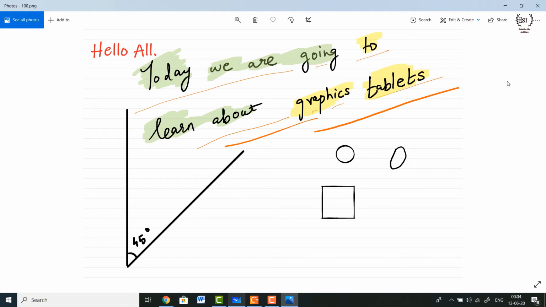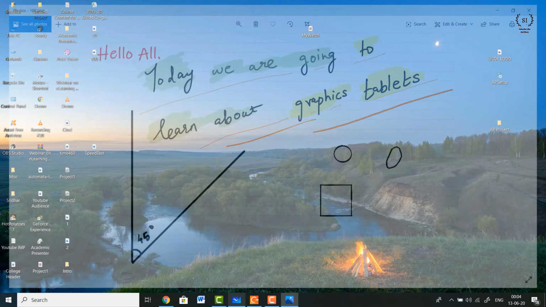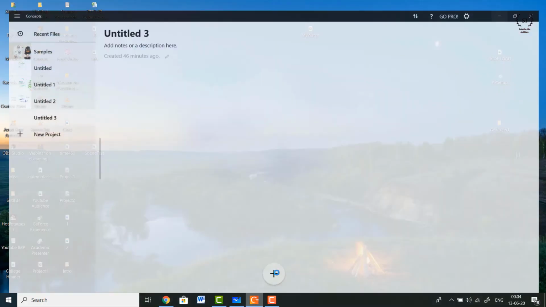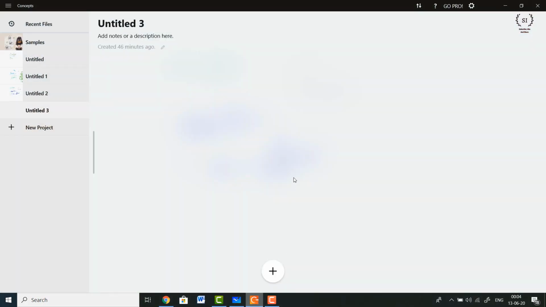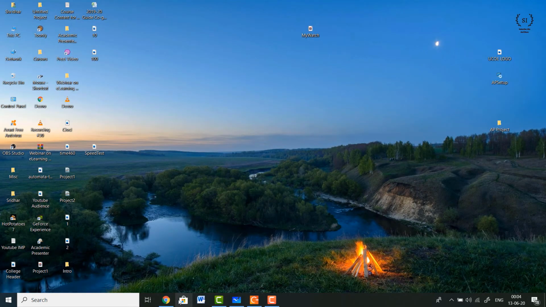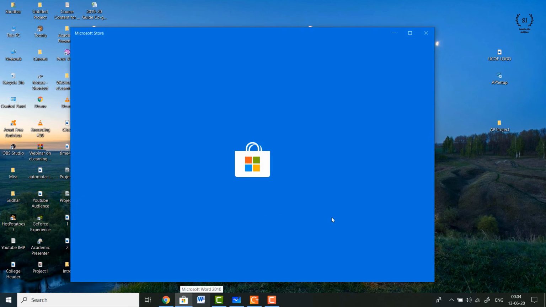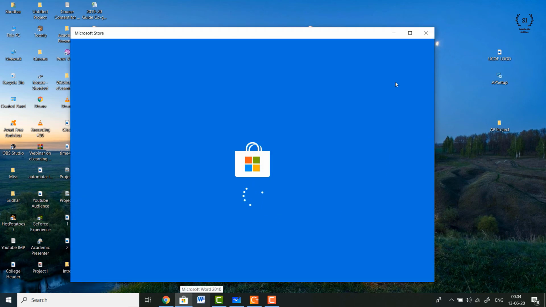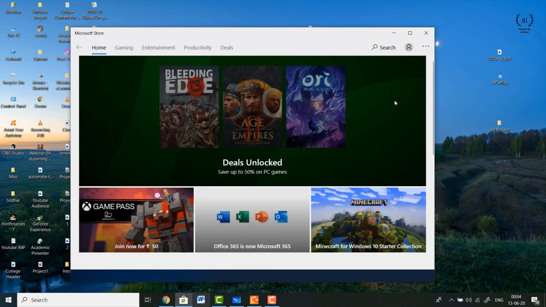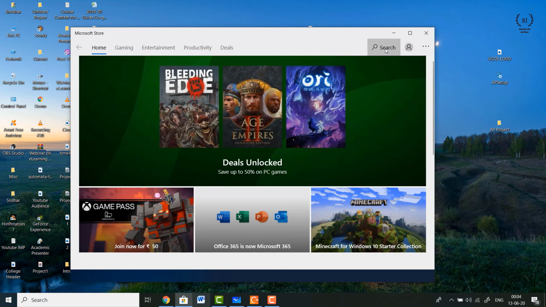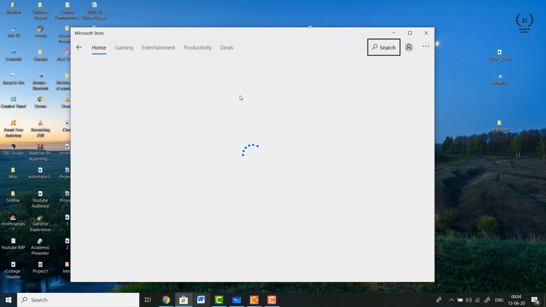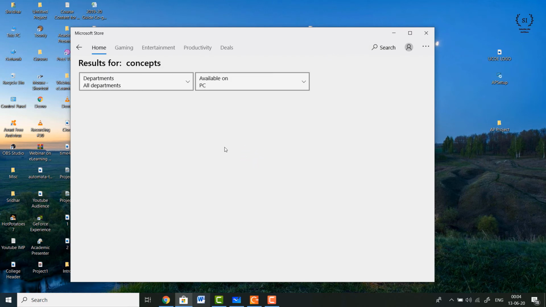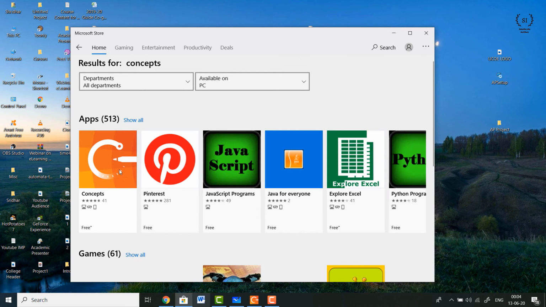Now let's focus on our next tool, which is called Concepts. Okay, so now let me show you where to download this tool from and then we can get started. The same way, you could open up the Microsoft Store, go to the search bar and search for Concepts. Again, this is a free tool. Almost many of the features are free. So what you can do is you could simply go to the Microsoft Store, search for Concepts. The very first tool you see over here is what I'm talking about.